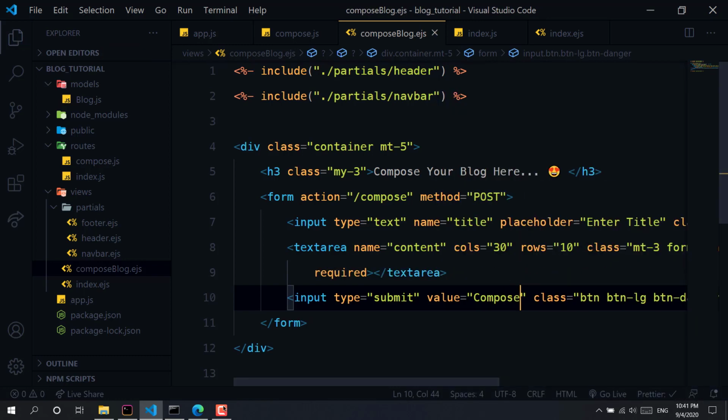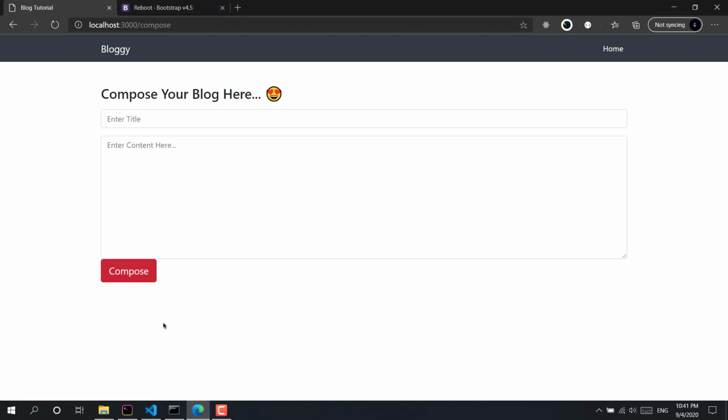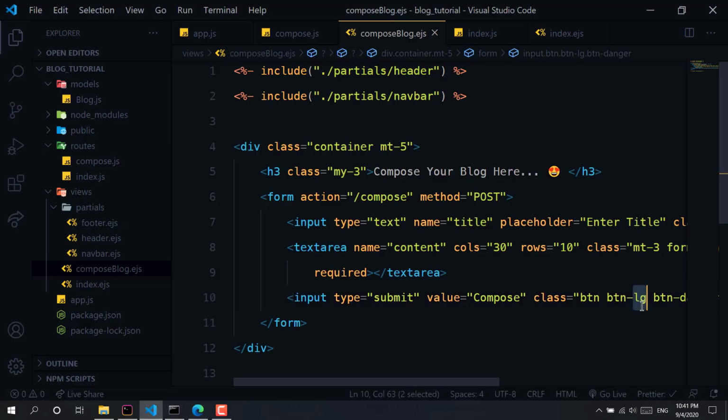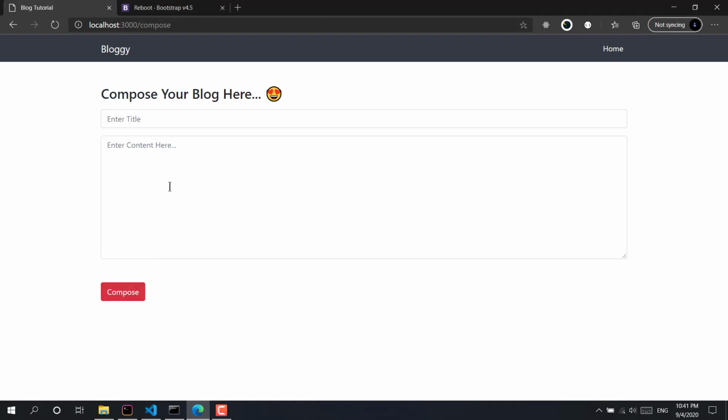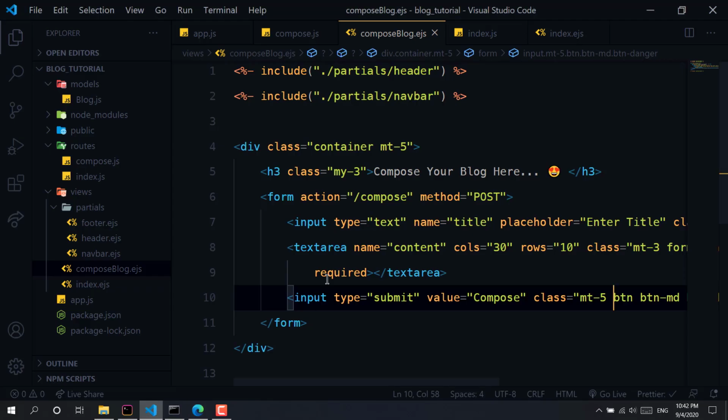So I think it's fine. Let's just refresh it, and as you can see we got a compose. So let's just make it medium and margin top of 5. Refresh, as you can see we got that. Now we will post every title here, content here, and whenever we make click we need to do some changes,